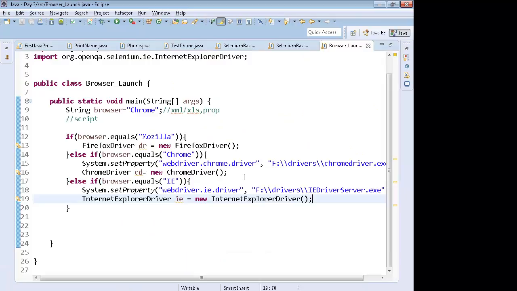Okay, I hope you got my point, but is this practical? What do you say? Does this look practical?